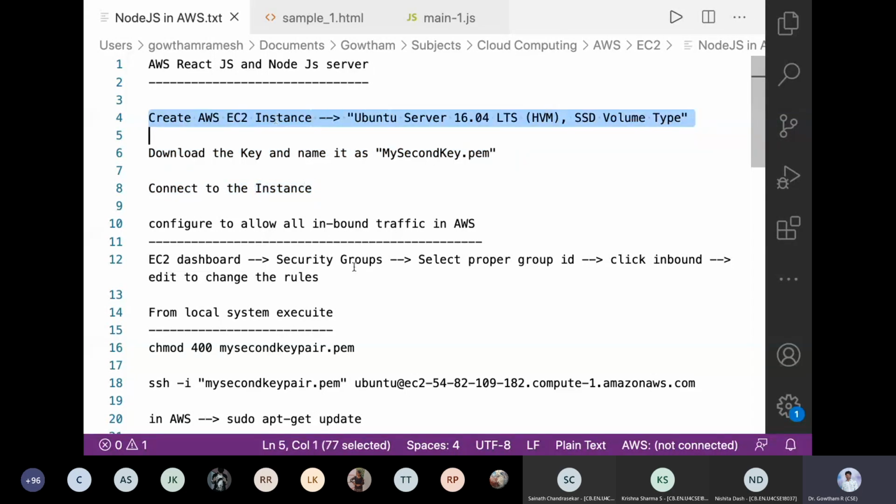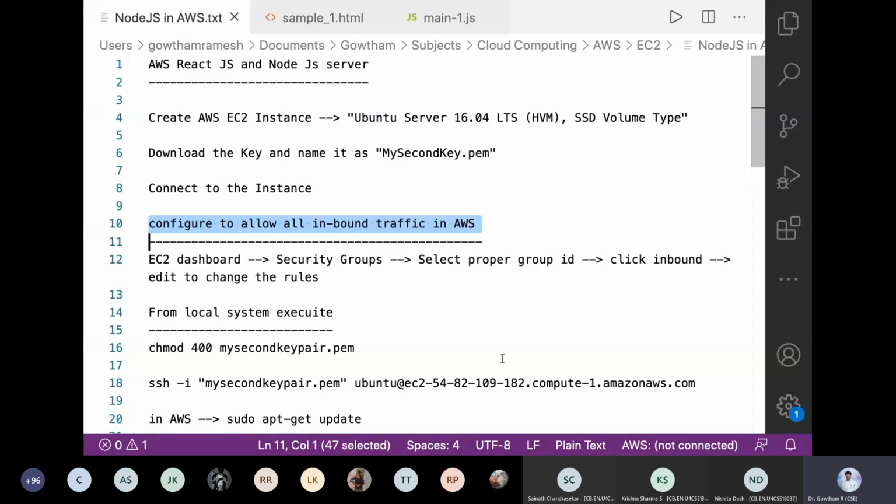The first step, create AWS EC2 instance. This we have finished. Download the key. It is finished. Connect to the instance. It is finished. Now this particular step, inbound traffic in AWS, this we have to change. Since we have accepted the default configuration, this particular virtual machine allows only SSH traffic.